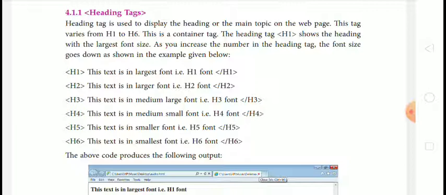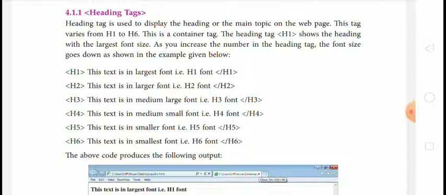The heading tag H1 shows the heading with the largest font size. Means if you are using heading tag H1, whatever text you type in the H1 tag will be shown with the largest font size on your web page.